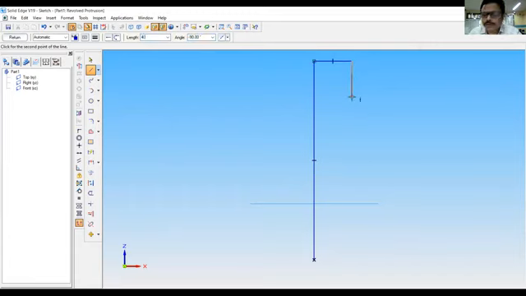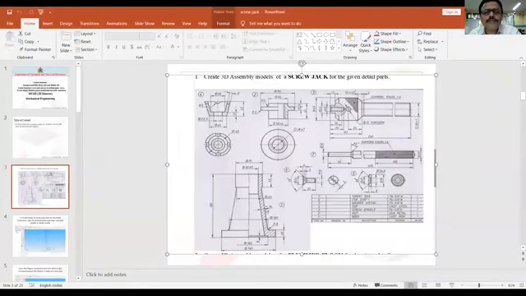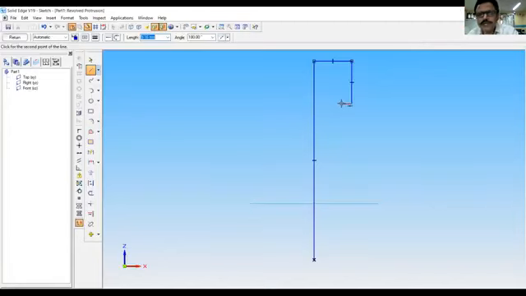Then this length is 40 mm. Now, if you see the diagram, this is 66 and this is 70. 70 minus 66 is 4. So 4 divided by 2 is 2 mm. So this length of the line is 2 mm.